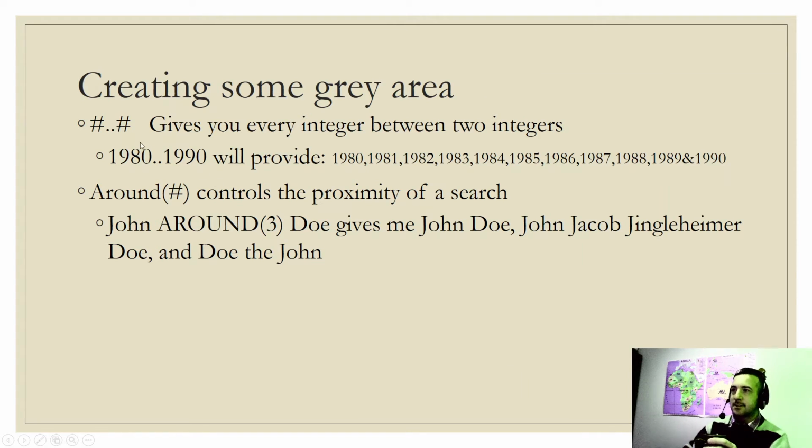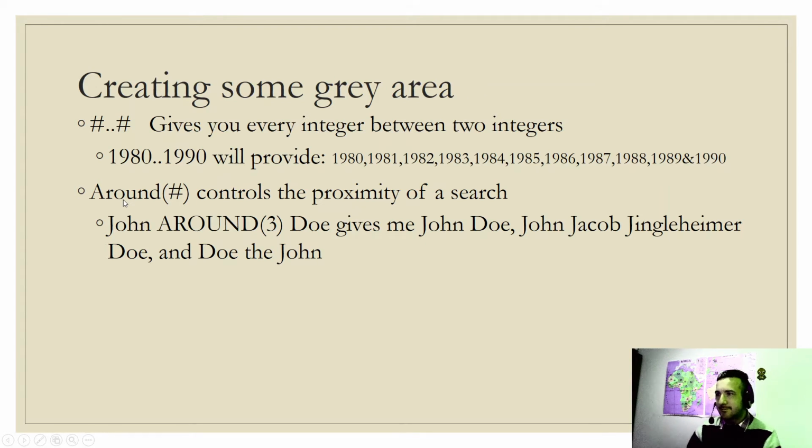Once again, this integer dot integer gives me everything between. So I glossed over this earlier because I knew I was going to come back to it, but 1980 to 1990 is going to provide 1980, 1981, 82, blah, blah, blah. Super handy for historians, and super handy for anybody doing some precise research where they're like, I don't know, that car looked like a 67 Mercury, but maybe not. It's a good way of getting all those numbers in between as part of the search without having to call them out specifically. And then you have this around,